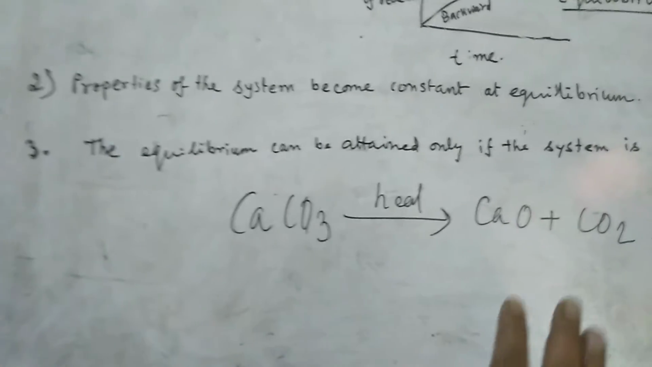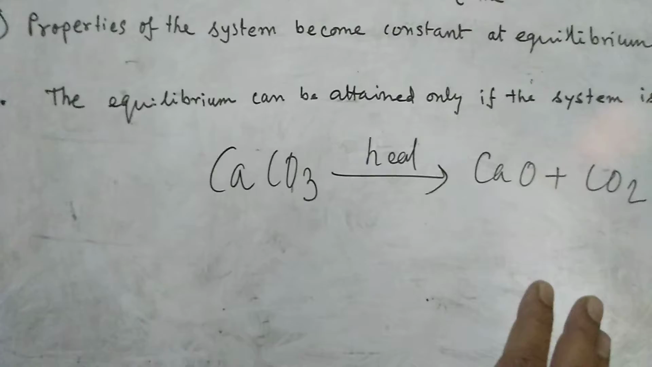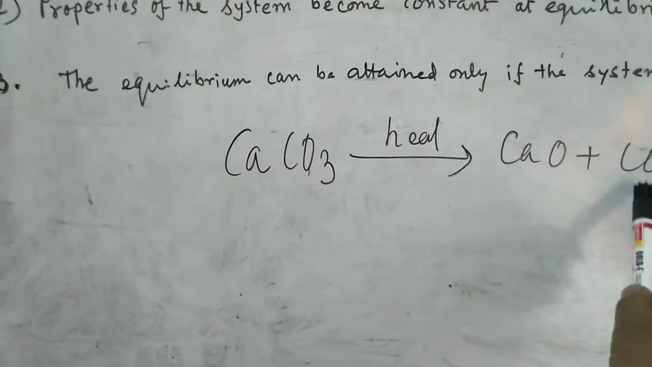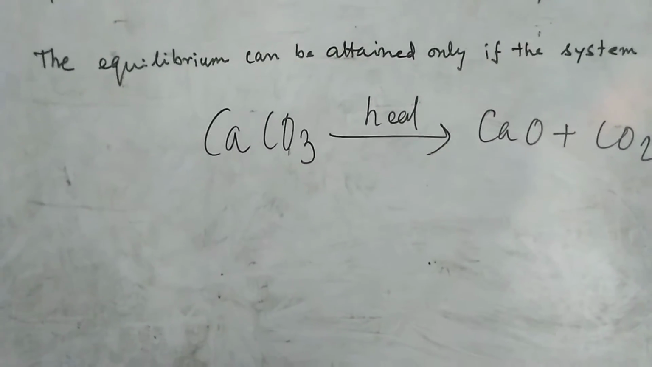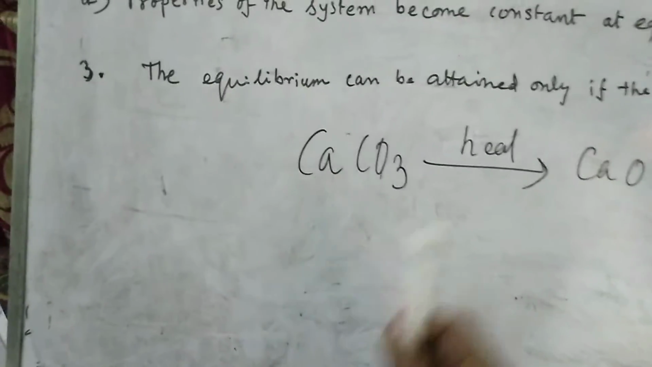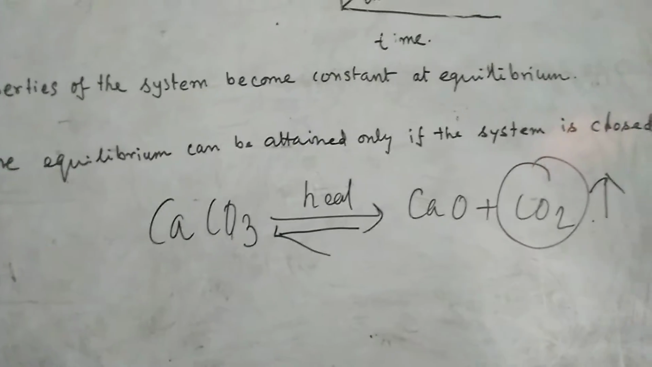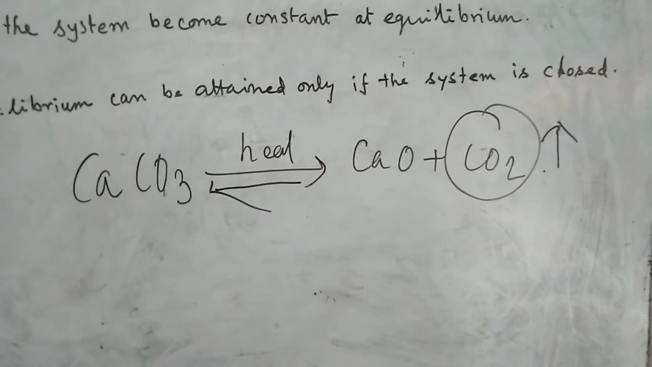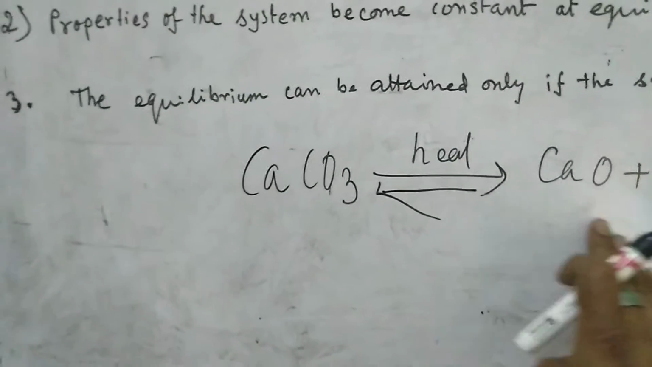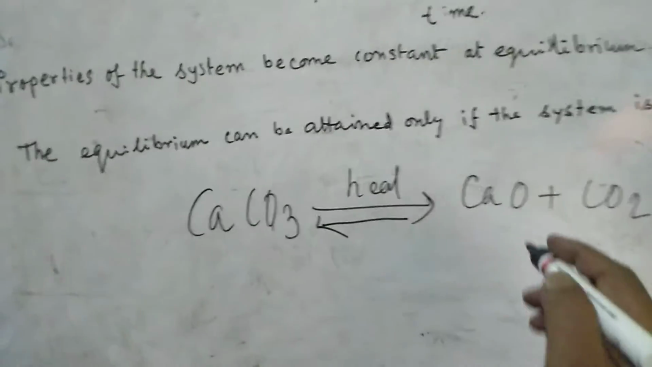But I am just giving you an open thinking: if the calcium carbonate is heated in an open container, what will happen? The calcium oxide will be produced and carbon dioxide will escape to the atmosphere. So calcium oxide is not available for the reversible backward reaction. For the backward reaction, carbon dioxide will not be available if we do it open. But if we do it in a closed system, carbon dioxide is still present in the medium, and as both